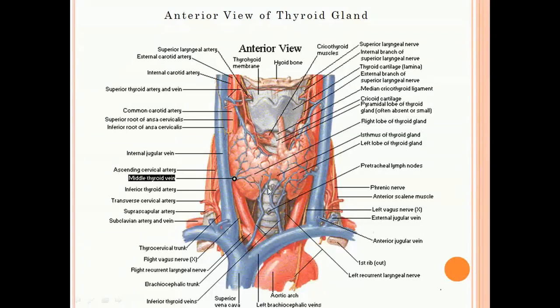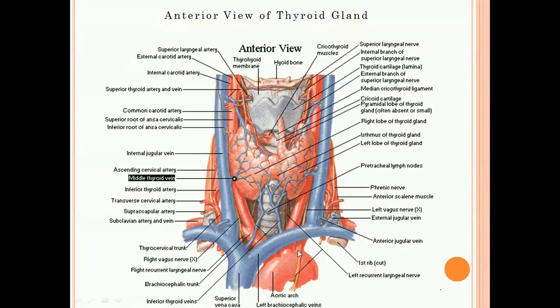Okay, so this is the thyroid cartilage which is seen, and this is the hyoid bone which is located well above the thyroid cartilage. So this is exactly located over the trachea. And on either side you get the common carotid vessels, the internal jugular vein, the vagus nerve, the contents of the carotid sheath behind the thyroid gland.